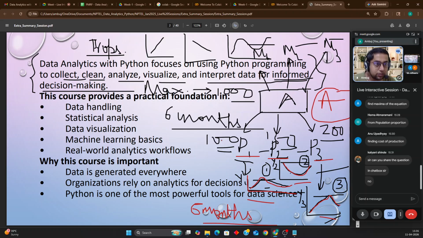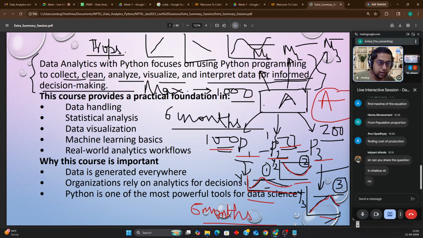For the last month, that is April, 100 units of P1 were produced, 150 units of P2 were sold. Sorry for the mistake. 100 units of P1 were sold, 150 units of P2 were sold, and 200 units of P3 were sold. That is the sales data, and this is the sales report which I have given to you for products P1, P2, and P3.